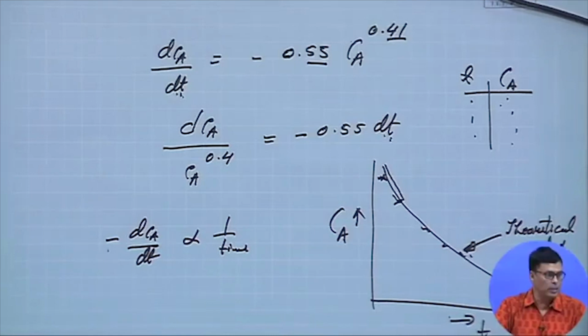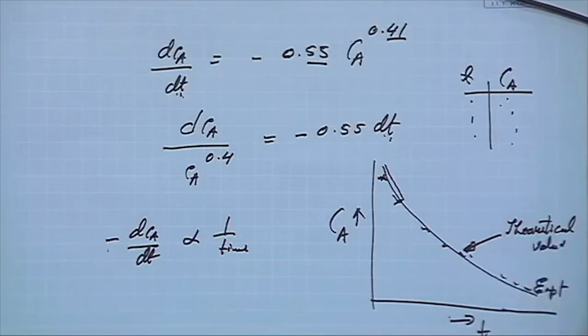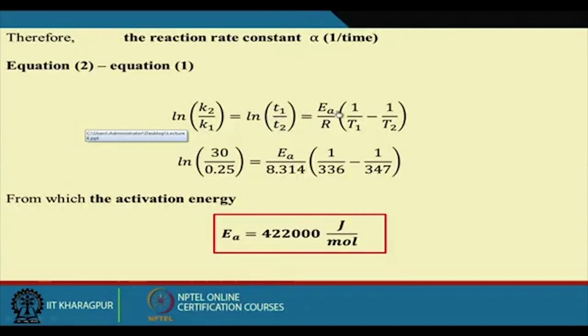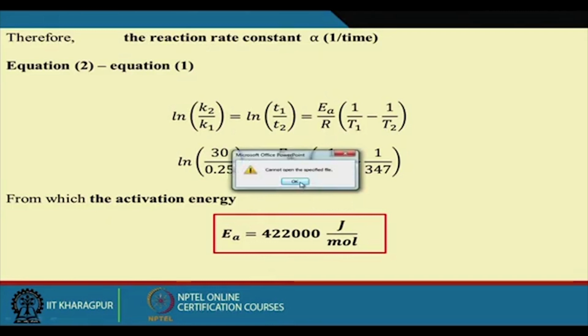So we can write ln K2 by K1 equal to ln t1 by t2, equal to Ea by R into (1 by T1 minus 1 by T2), and then we can find out that Ea equals 42200 joules per mole. So this is the activation energy of this reaction. This is a simple way how we can calculate the activation energy in a chemical reaction. So if anybody is interested to find out the activation energy of a chemical process, they can easily find out if they have the data